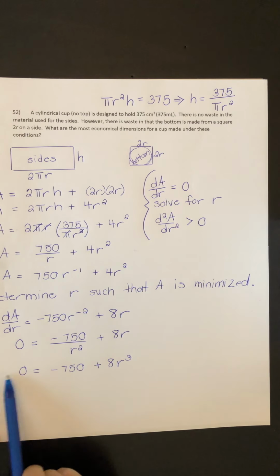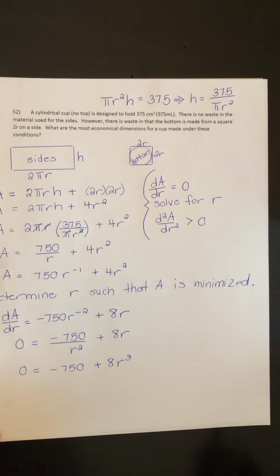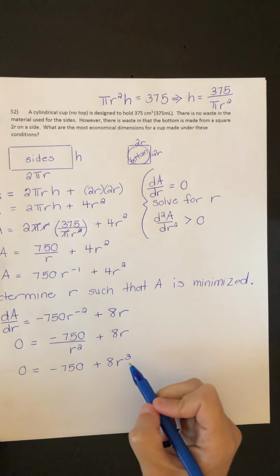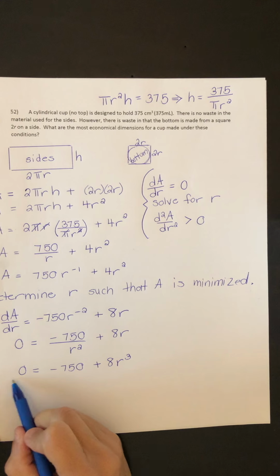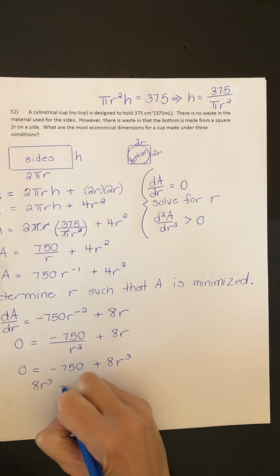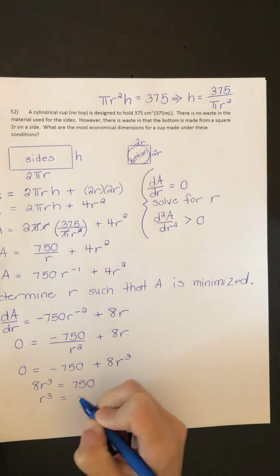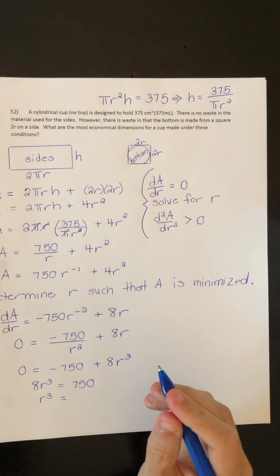So that's what you get if you multiply this term and this term by r squared. Now, solving for r, we just want to isolate r. So we're going to get 750 is 8r cubed, or 8r cubed is 750, which means r cubed is 750 divided by 8, or